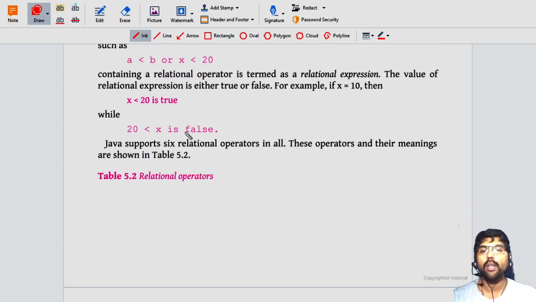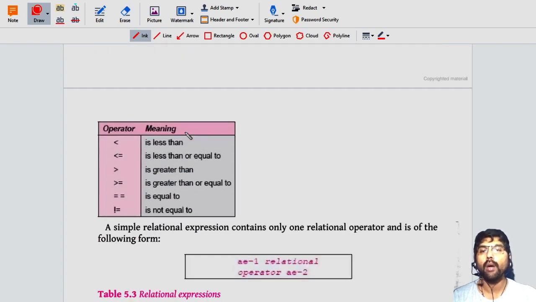Some of the relational operators available in Java are lesser than, lesser than or equal to, greater than, greater than or equal to, the equality operator, as well as the not equal operator. These are the 6 operators available in Java for relational operations.